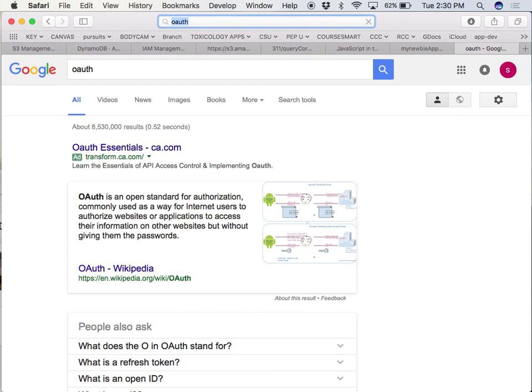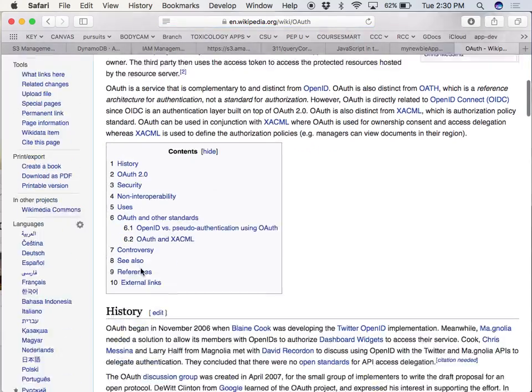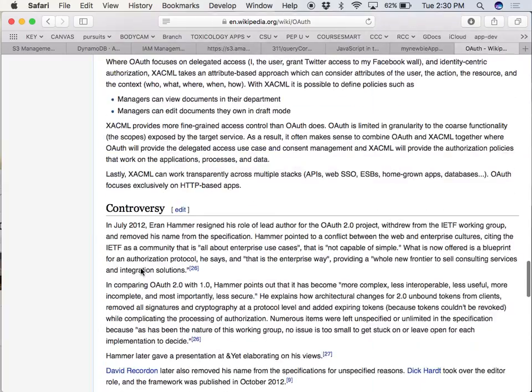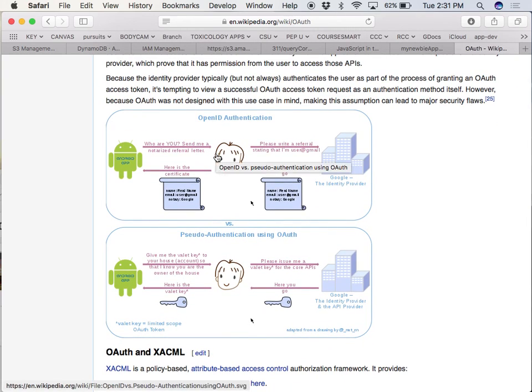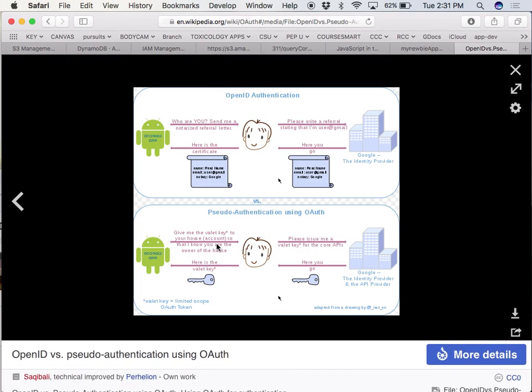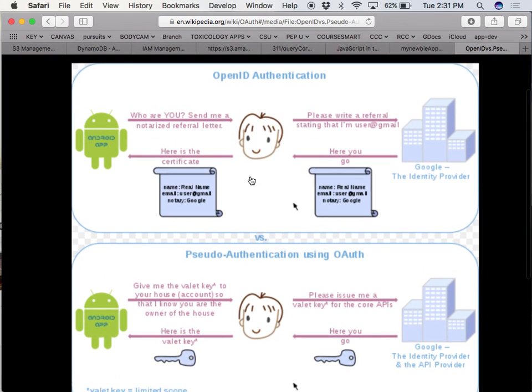It's a third-party authentication where basically it's saying, thanks a lot, here's my password, and now here's a token that you're going to use that will prove that I am authenticated.